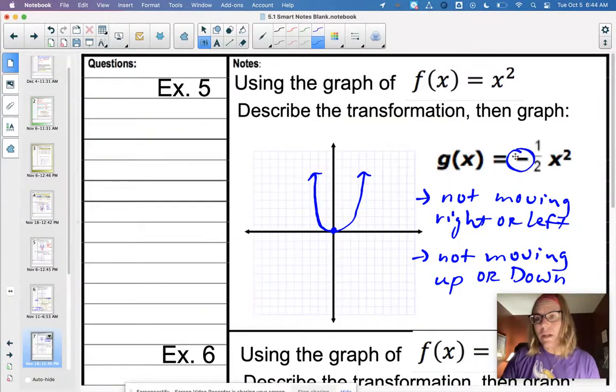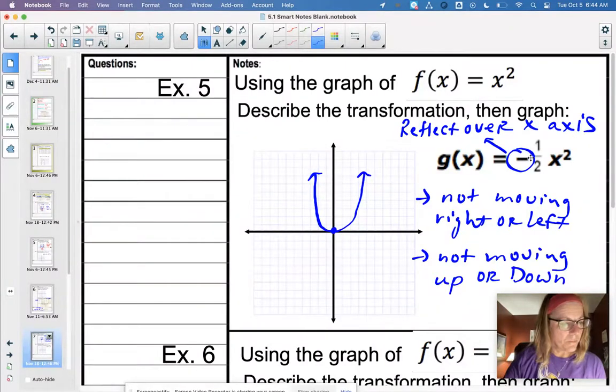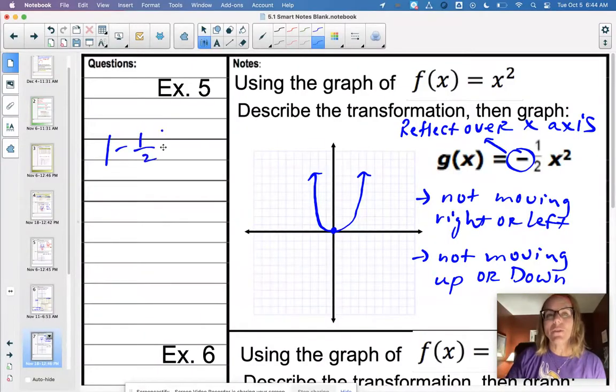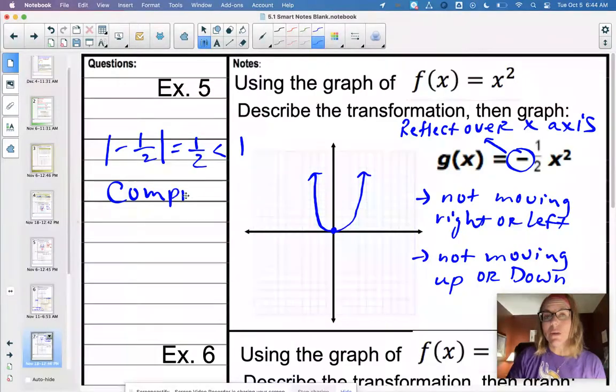So that negative out front right away means reflect over the x-axis. Remember, y is changing and it's flipped upside down. And the 1/2 refers to the a value, which is obviously a negative 1/2. Remember, the negative goes with reflecting over the x-axis. And since this is absolute value, remember, we look at the absolute value of your a value. Since that's less than 1, we call that a compress